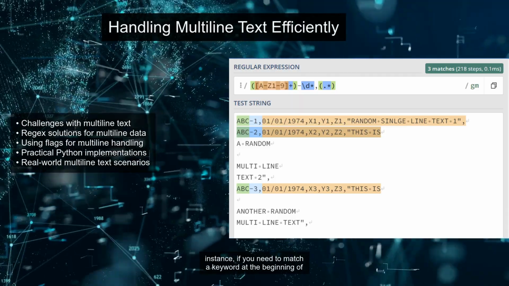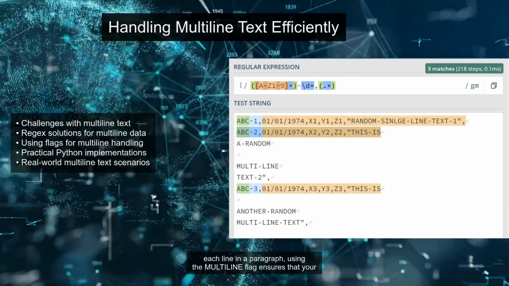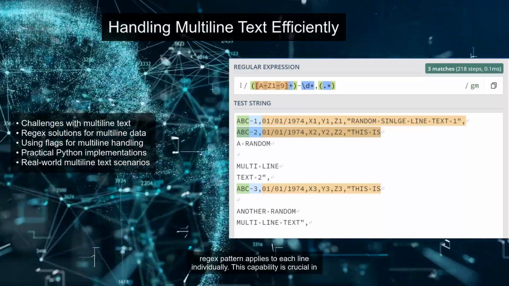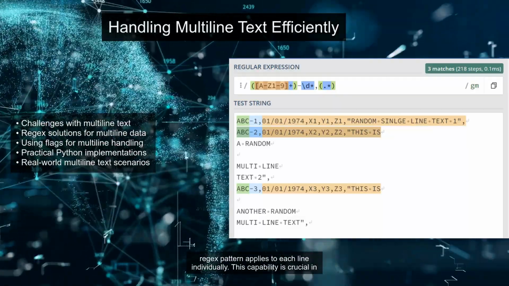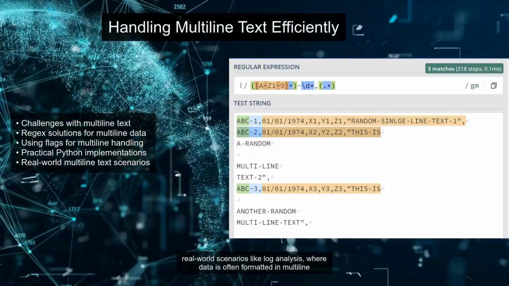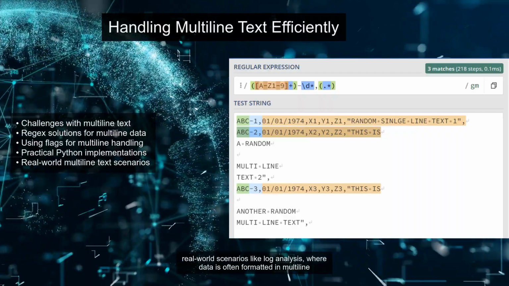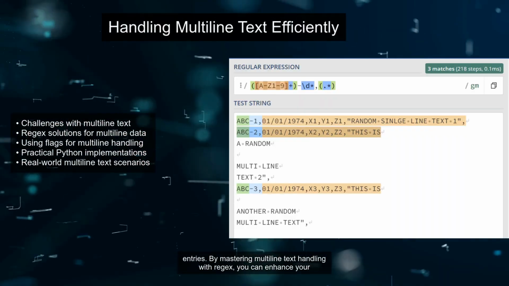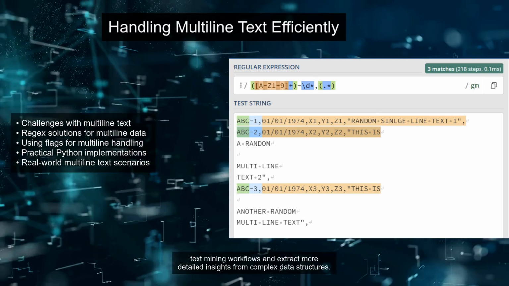For instance, if you need to match a keyword at the beginning of each line in a paragraph, using the multiline flag ensures that your regex pattern applies to each line individually. This capability is crucial in real-world scenarios like log analysis, where data is often formatted in multiline entries. By mastering multiline text handling with regex, you can enhance your text mining workflows and extract more detailed insights from